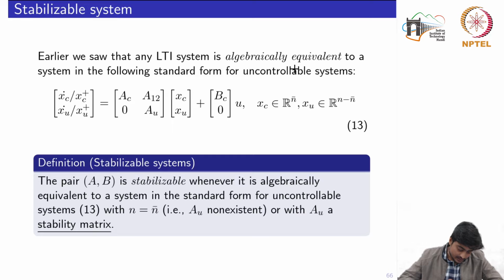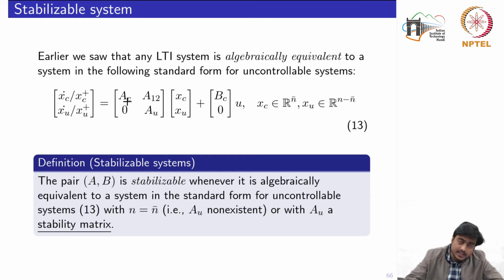So the definition of a stabilizable system says that the pair (A, B) is stabilizable whenever it is algebraically equivalent to a system in the standard form for uncontrollable systems, that is this one, with n equal to n bar, that is AU is non-existent, or with AU a stability matrix. First of all, try to visualize the implication of this definition, in the sense that once we have obtained this canonical form or the standard form of the uncontrollable mode,